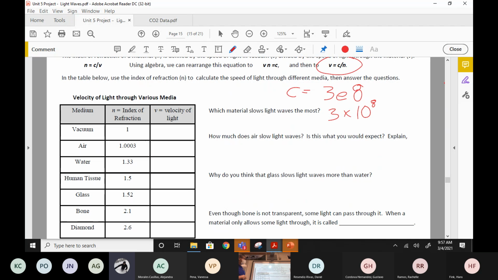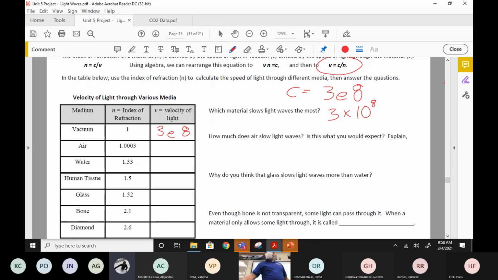Yes? So we're going to take 3e8 divided by 1. What do we get? That should be easy. Anytime you divide something by 1, you... What's 5 divided by 1? 5. What's 37 divided by 1? 37. What's 892.634 divided by 1? 892.634, right? Whatever you divide by 1, you get it back again. So doesn't that mean that this is going to be 3e8? Right? 3 divided by 1 is still 3, with 8 zeros behind it.